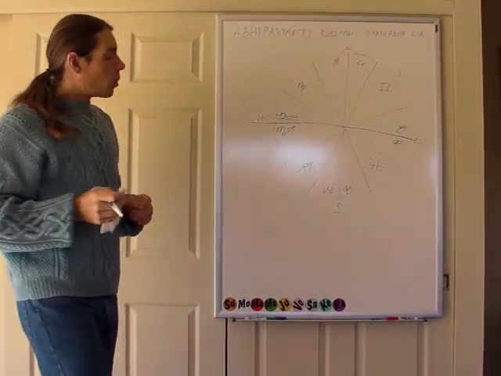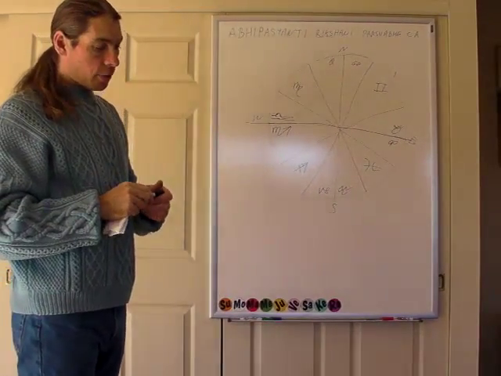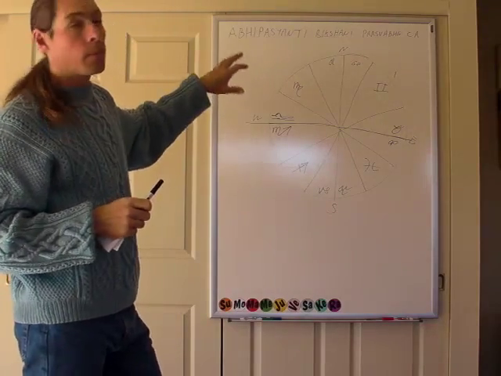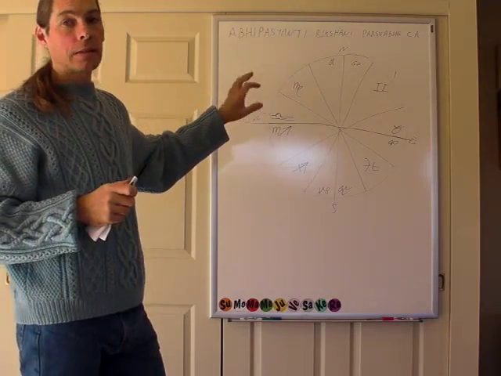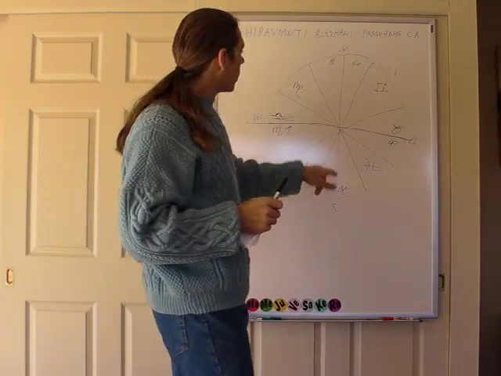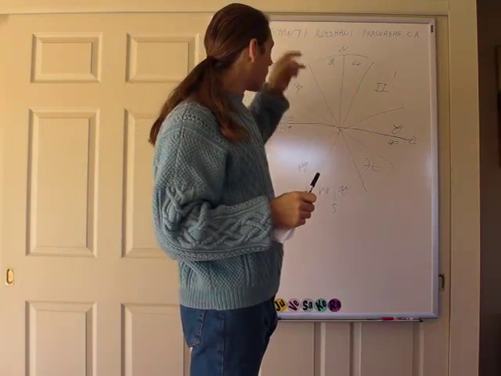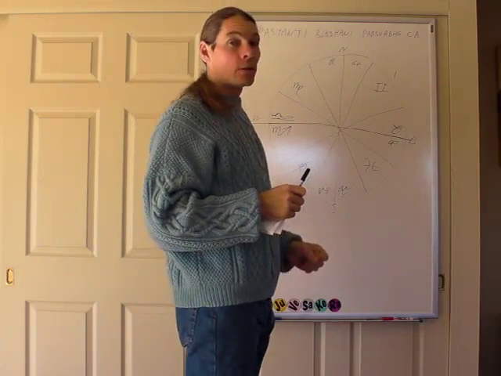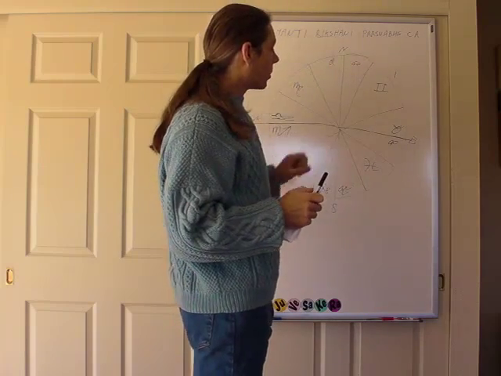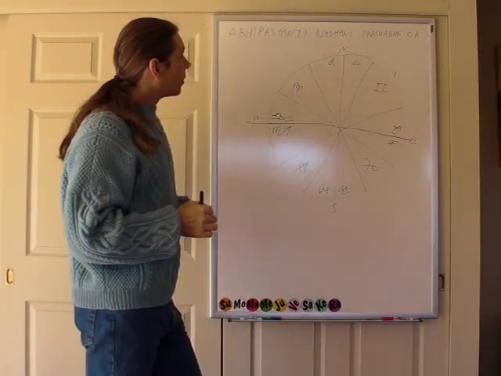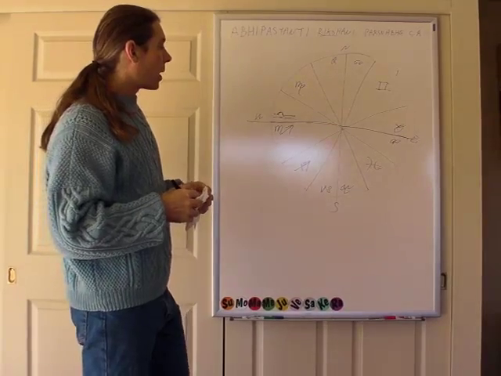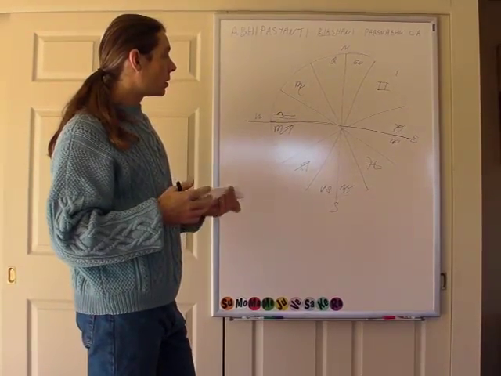Okay, so when we're talking about these directions in the signs, we're literally talking about the directions mapped out in our chakra system, with Cancer and Leo being the third eye chakra, Capricorn and Aquarius being the root chakra, and everything else being in between. And there's just a lot going on here with respect to exaltations and etc.